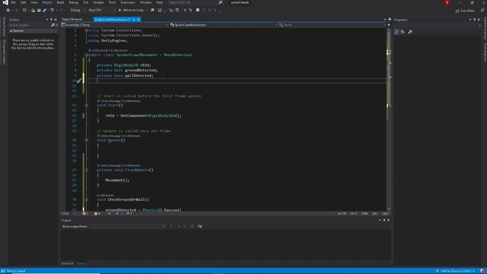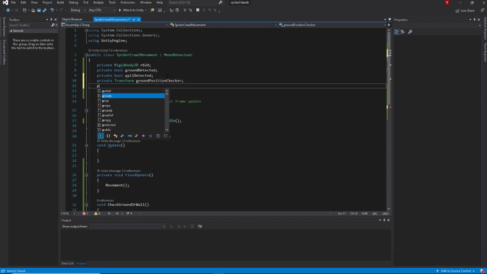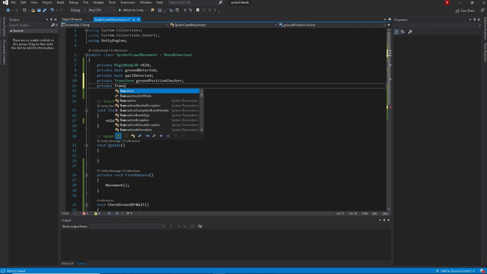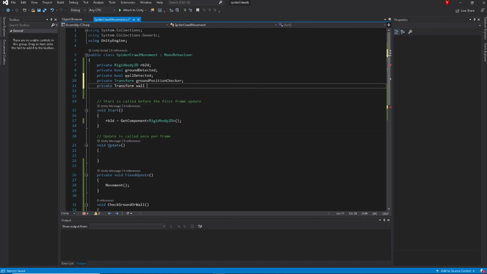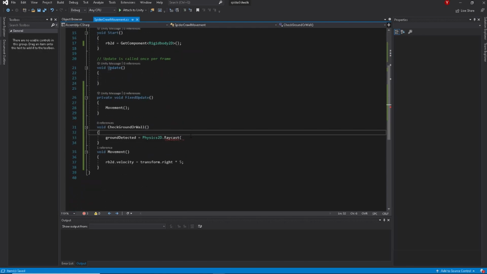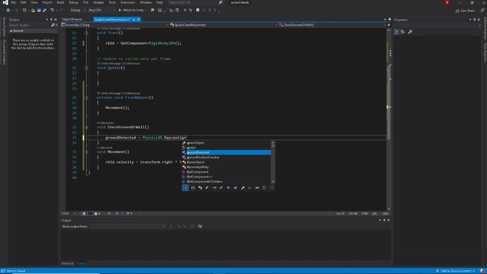So we're gonna have a private transform ground position checker, private transform wall position checker. So we are going to raycast from ground position checker.position